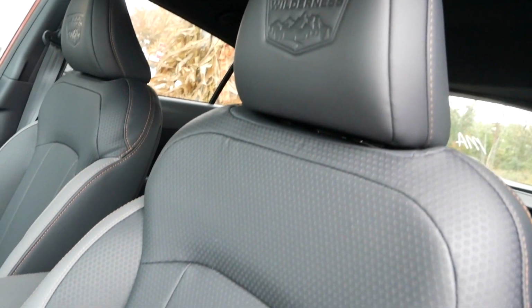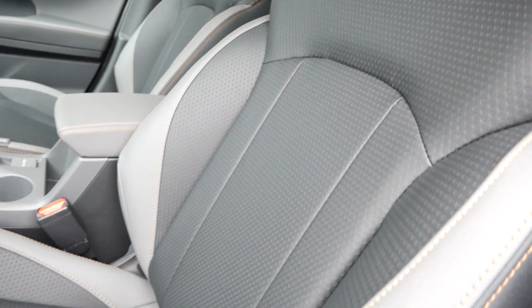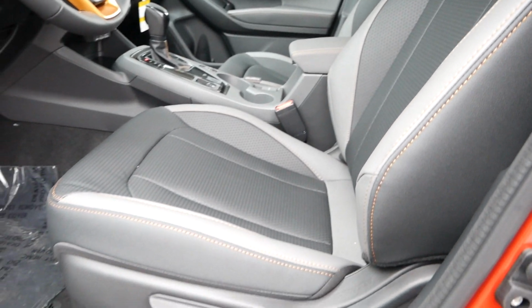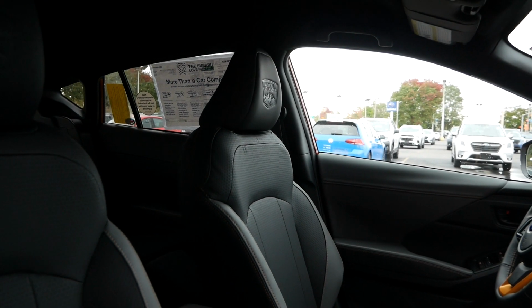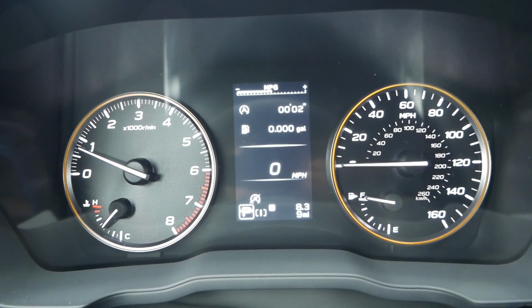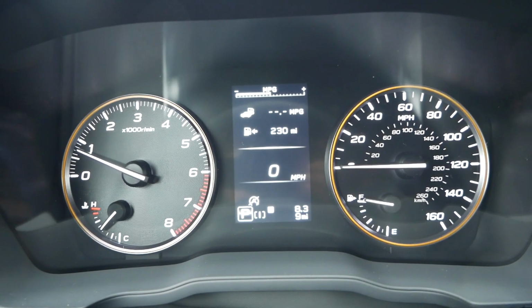Compared to the cloth and leather seating materials for the Premium and Limited, you're going to experience a lot of comfort sitting up front. While unsurprisingly the bolstering isn't too aggressive, the support and cushioning is fantastic for a crossover at around $35,000. Tech-wise, you'll still have analog gauges with a small digital gauge cluster that displays basic yet relevant